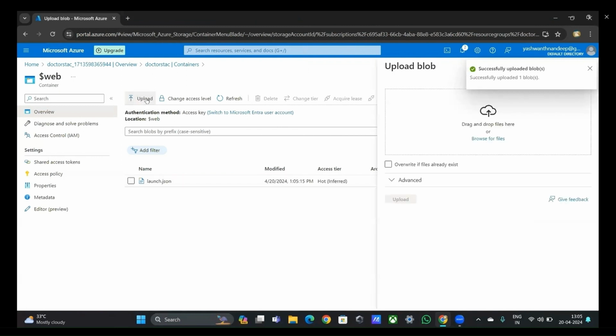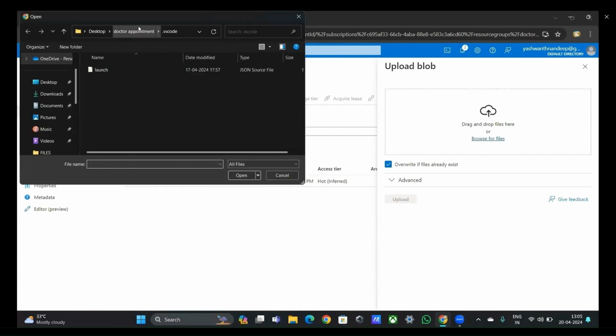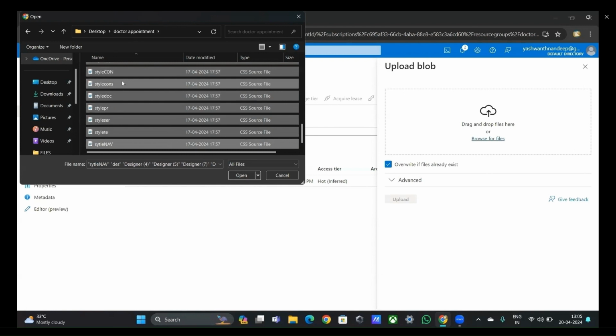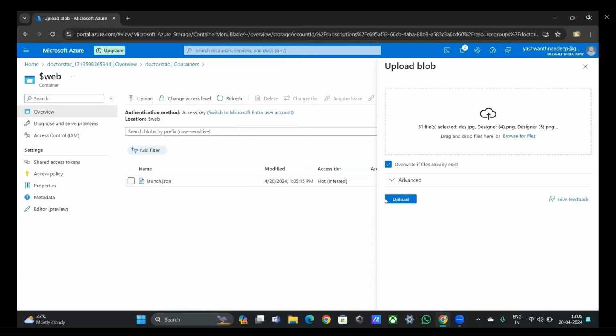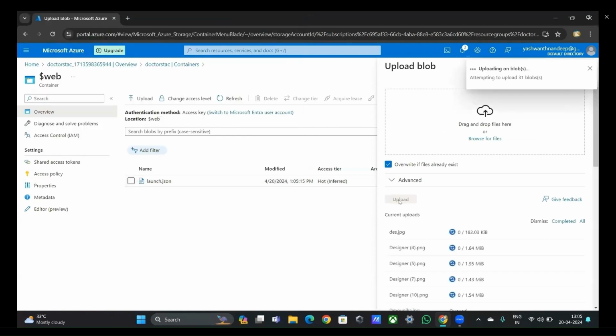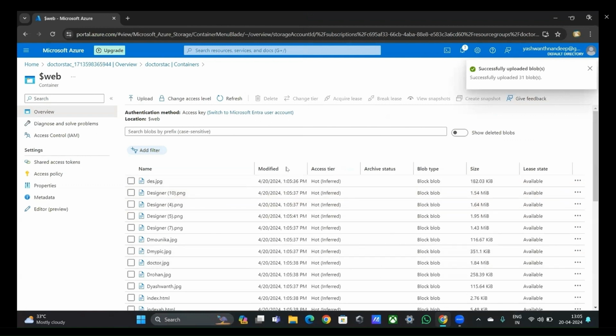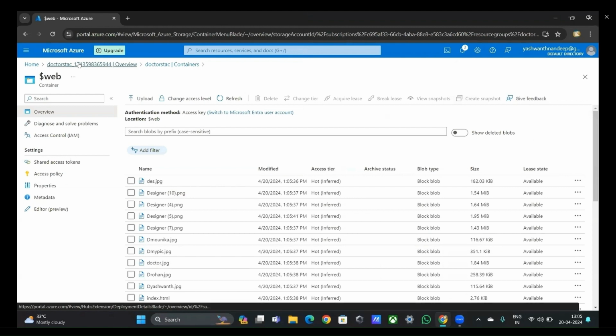Now again click on upload. Check the box overwrite if files already exist. Now browse for files and upload all the remaining files that are related to our project, and now click on the upload. Here we can see that blobs are uploading and successfully uploaded blobs. Now go back to home, open the storage account